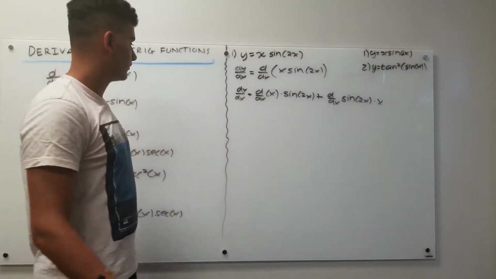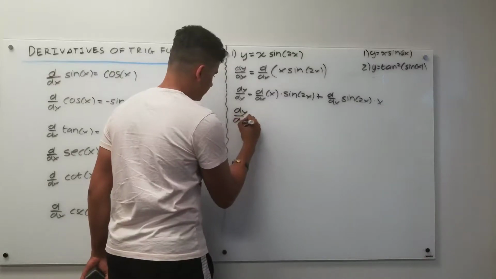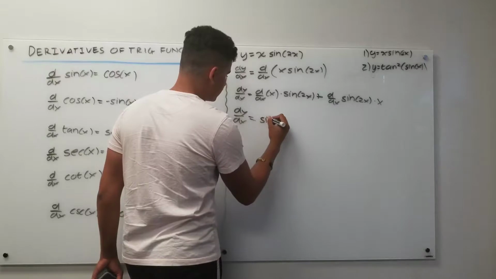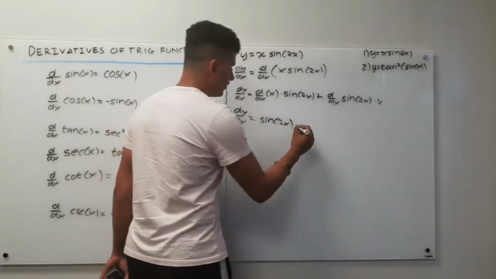So if we completely simplify this now, dy dx is equal to, this would be 1, so this first part would be sine of 2x plus,